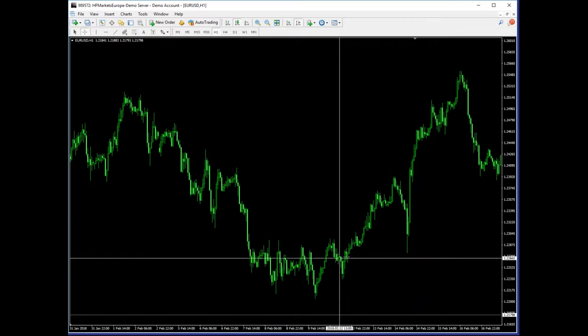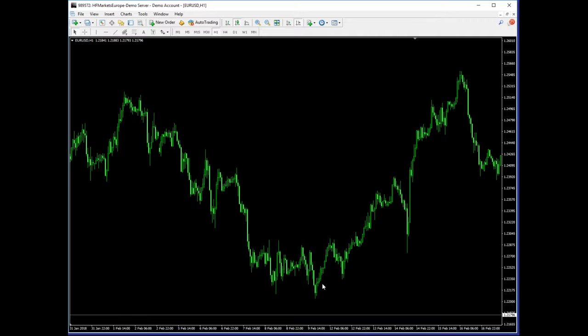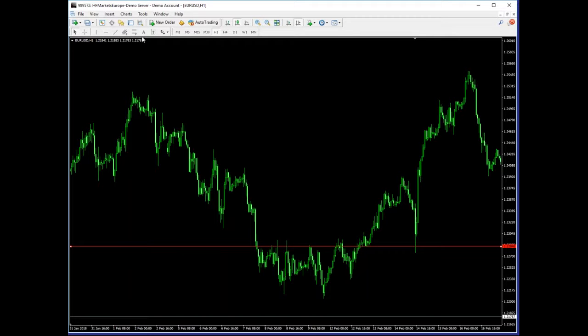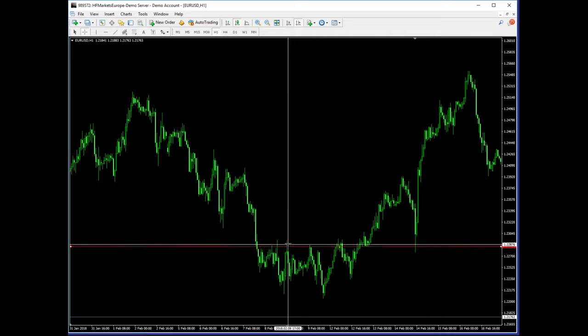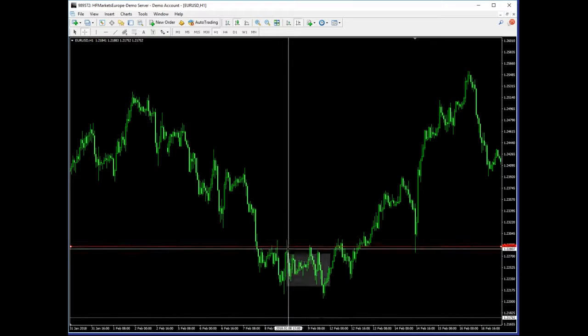So let's take 7th of February up till 12th of February. As you can see, we can find here some really clear support and resistance levels. Okay, you can see that this is the point when the price quickly bounces